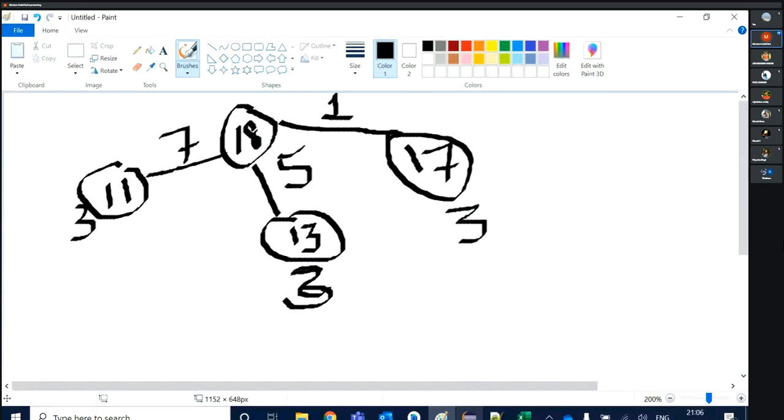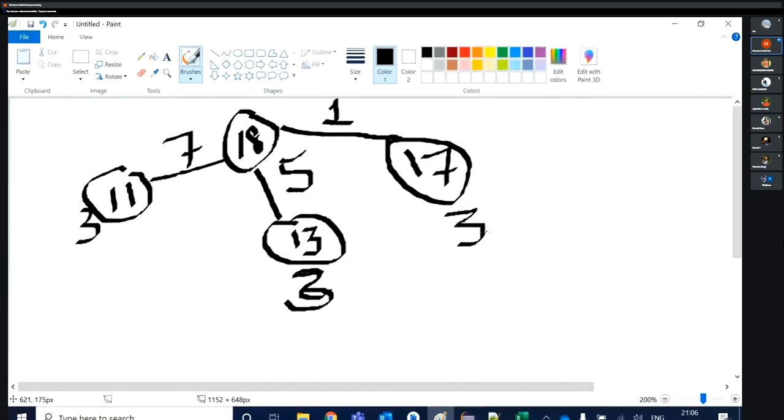And forget about this ds as of now. I will take this sub answer and I will update my answer with +1. Suppose that is the answer for this amount 17. 3 is the answer for the amount 17. But still I need to go one step up to get the amount 18. So +1 for going one step ahead. 3 plus 1, 4 is the answer for 18.